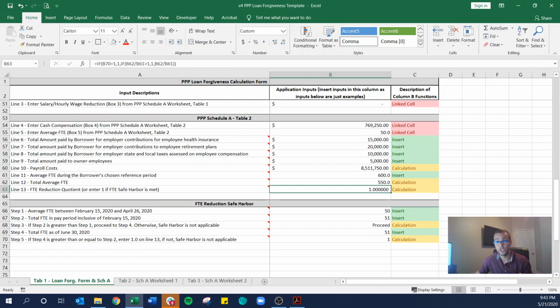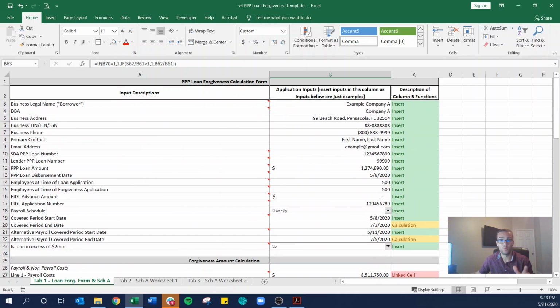So that's the spreadsheet. That's kind of the process. I did this in one take, so I apologize for some of the rambling, but that's how you use it. Once you have it completely filled out, you're going to transfer the information from this page to the PDF. Once you fill out the PDF and the appropriate person signs the PDF, you're going to send that to your lender. We don't have guidance right now as to exactly when the loan forgiveness application is due,